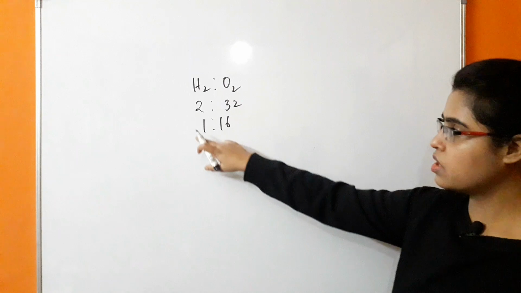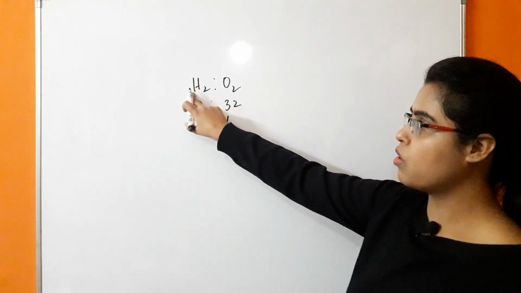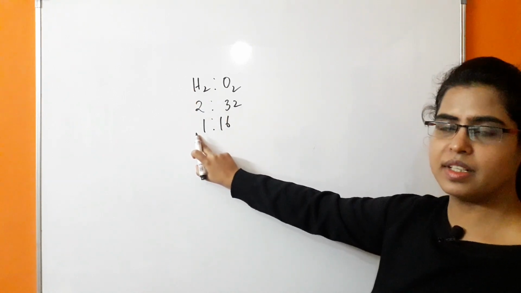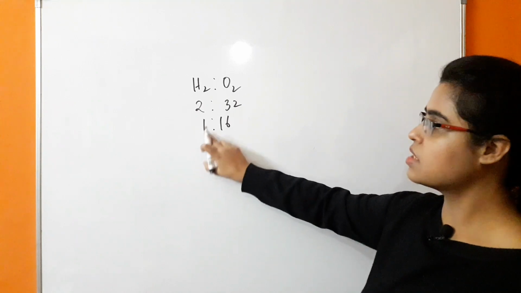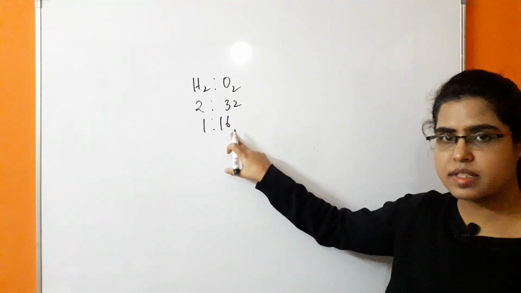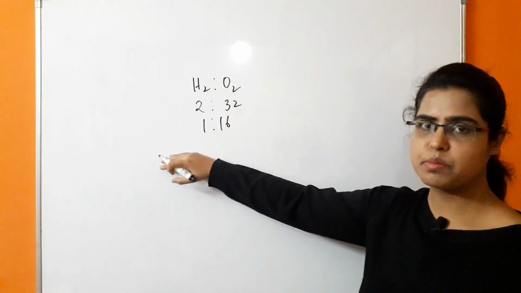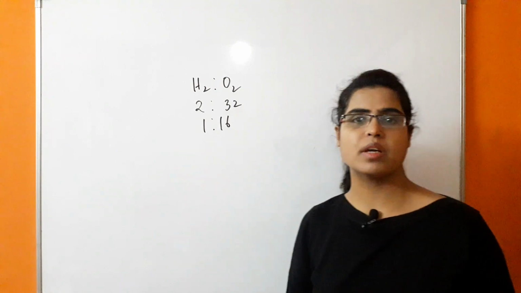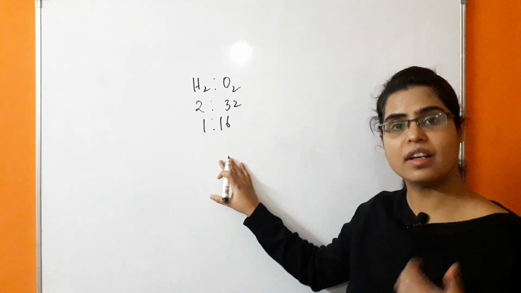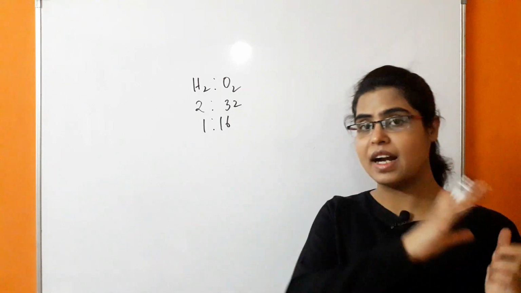This ratio is represented in atomic form. If the single molecule of hydrogen has mass 2, then the atomic form is represented as 1. It means this is the atomic ratio, and a single atom of oxygen is 16 times heavier than that of hydrogen. So by this method we can obtain the atomic mass by taking a reference atom, that is, the relative atomic mass. The absolute atomic mass could not be determined at that time.